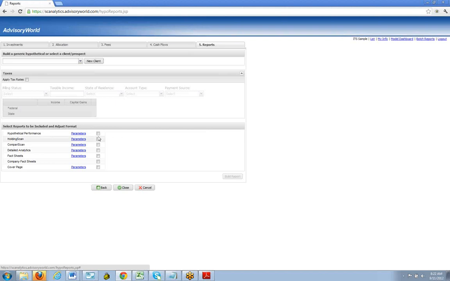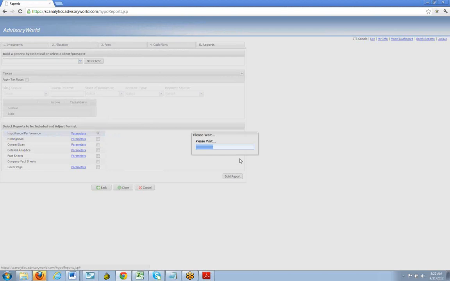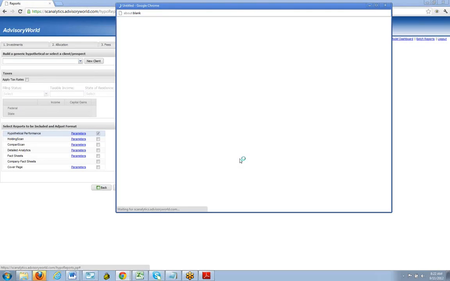But nonetheless, the last step here is where we get to reports. The first report out of the gate is a traditional hypothetical report. If I click on that and choose parameters, you can see I can add the S&P as a comparison. I can do a lot of different things here, but real quick, if I hit build report, you'll see that we get this really nice hypothetical analysis